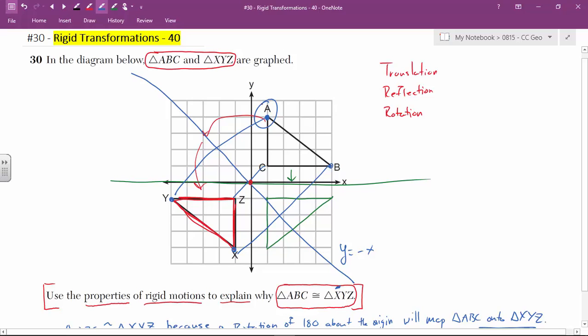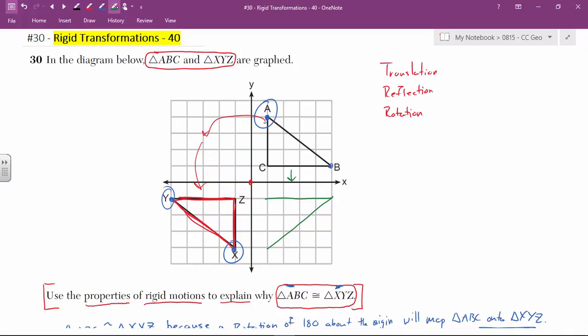They need A to land on X, the first letter to the first letter. So if you reflect just once across the line y equals x, you're going to get this wrong. I mean, you'll get partial credit, but A will map onto Y, which is not what they want. So that reflection's wrong. And when I saw Jerome writing up his solution, I was going to explain that to him,